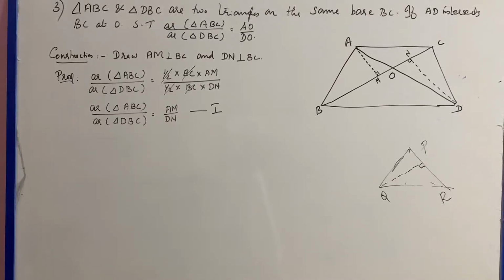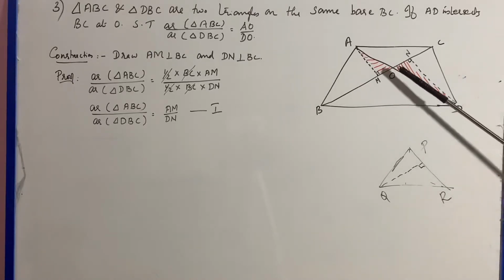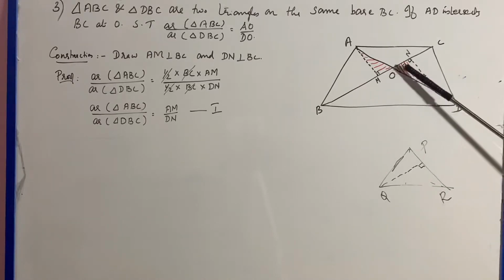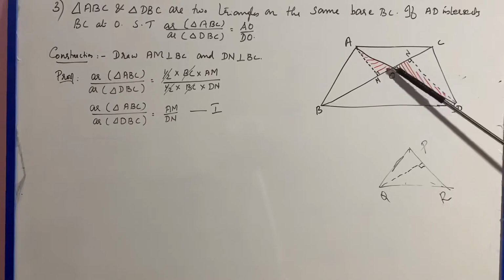That means you take these two triangles, this triangle and this triangle. Look at those two triangles. Any angles equal there? Yes, angle AMO is equal to angle DNO is equal to 90 degree. Yes, then we can see one pair of vertically opposite angles. These two angles are vertically opposite angles.